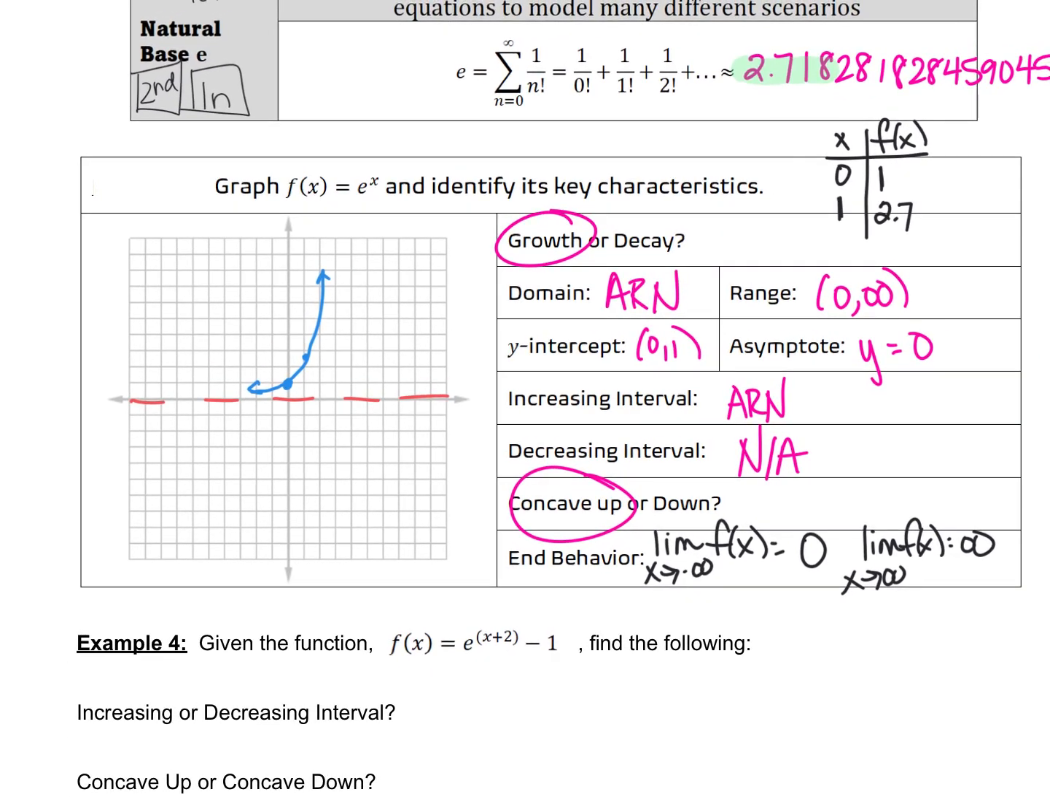So that's all stuff we can do without a calculator. All right? We have to think about what E means. E's just 2.7. Okay? So that being said,